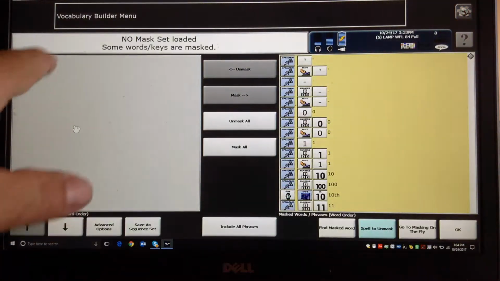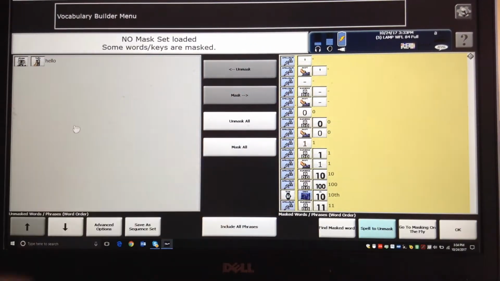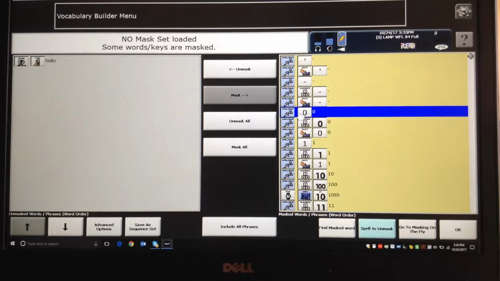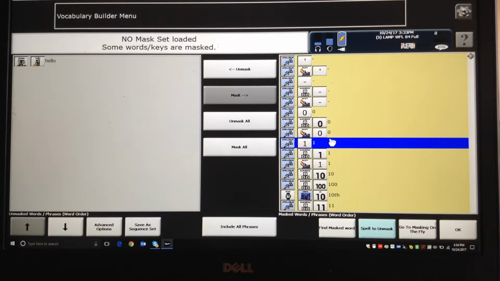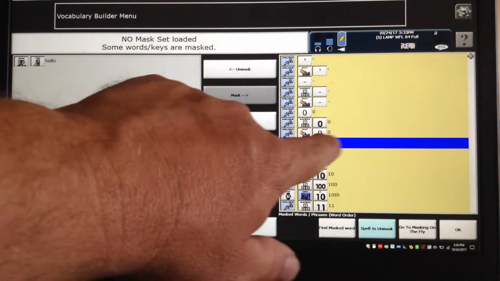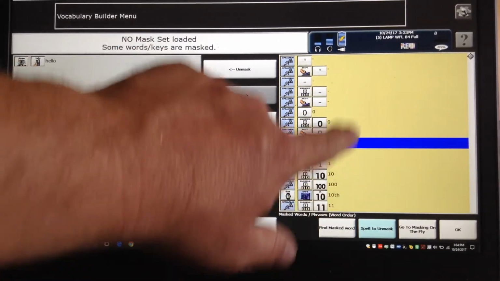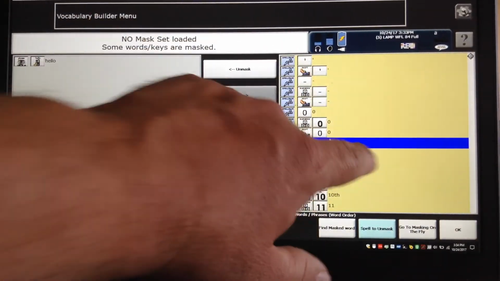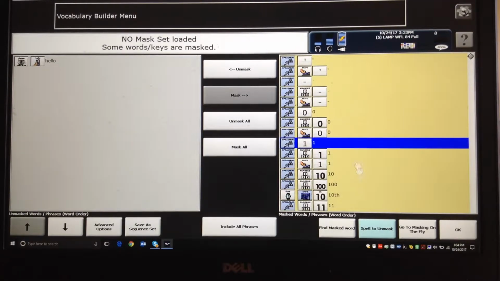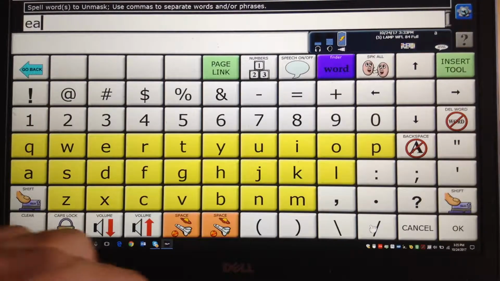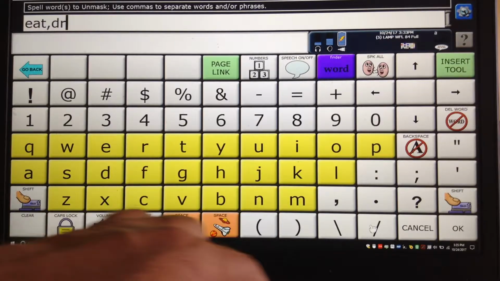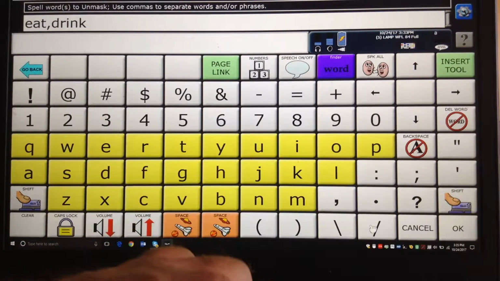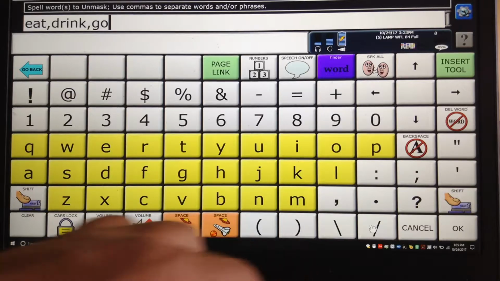Of course, here you can see I only have this one working, but if I touch over here now, then if I touch this side, you can see I'm touching over here. I'm now working on this side. You can tell which side you're working on because the background again changes colors. So if I say spelled unmask and I do the word eat, comma, drink, comma, go, then it'll go find